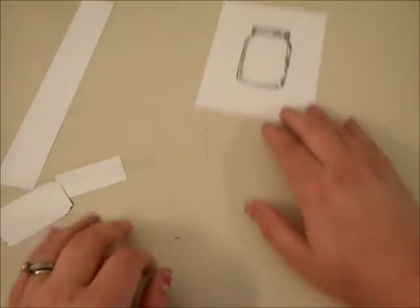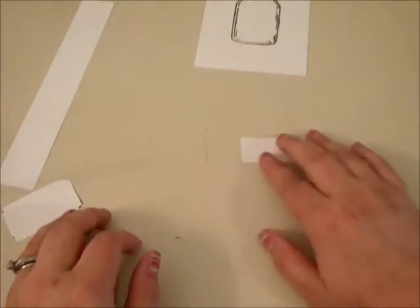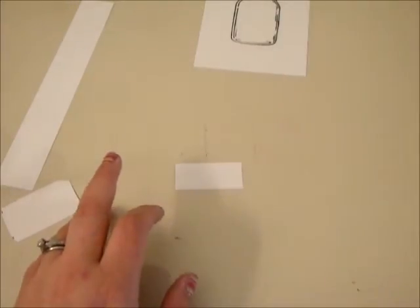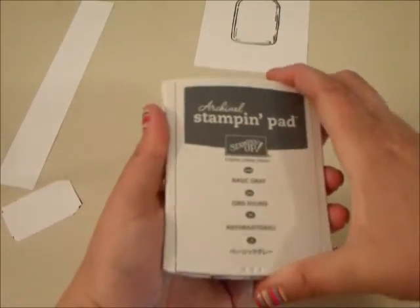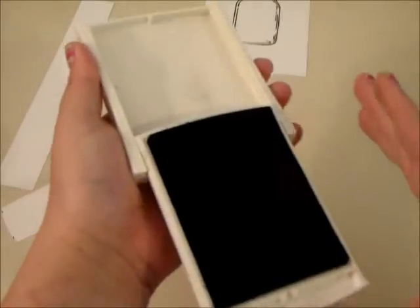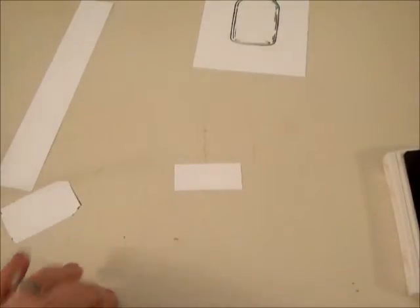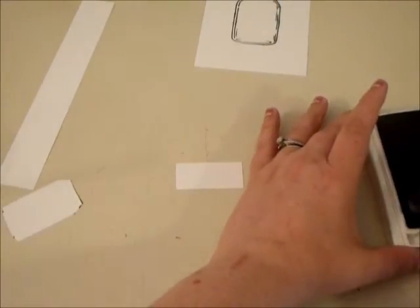Okay. So the next thing we are going to stamp is on here. We're going to stamp our jar lid with Basic Gray. Basic Gray is also an archival ink, like Basic Black ink, so it's permanent, and it is acid free. And so we're going to take our jar lid right here and stamp